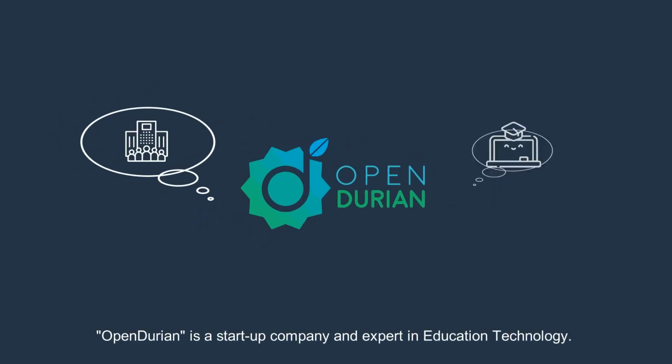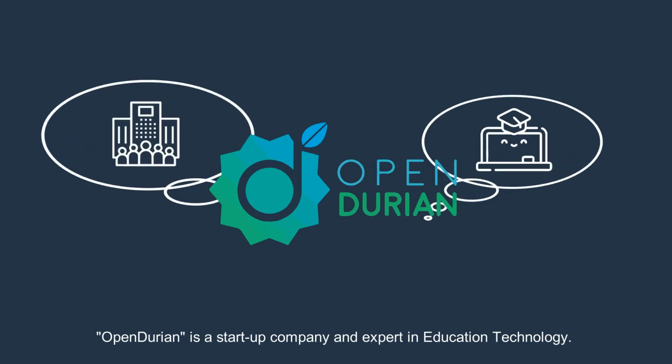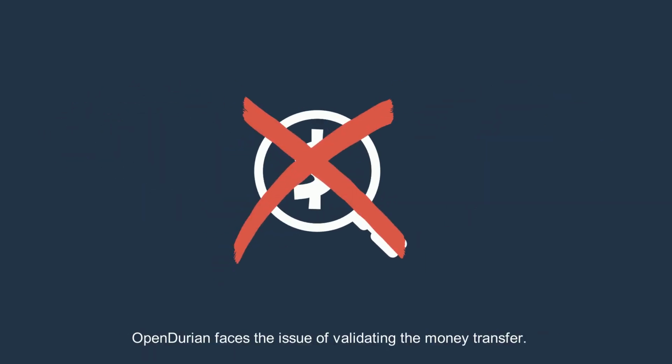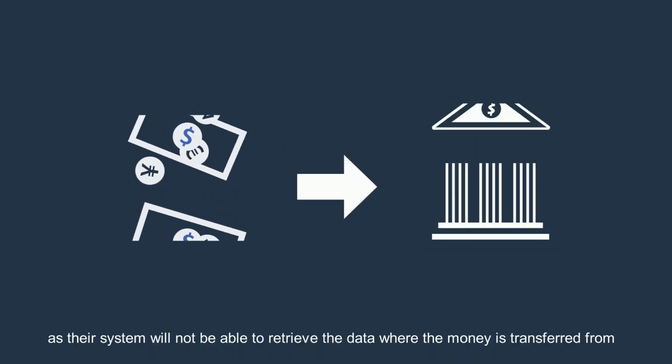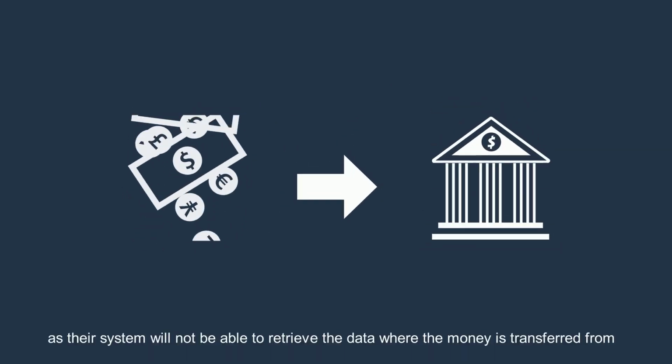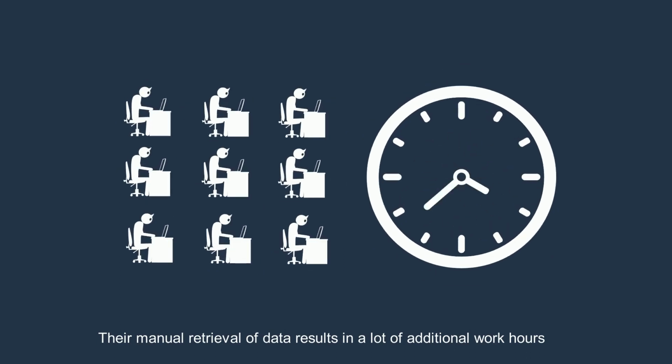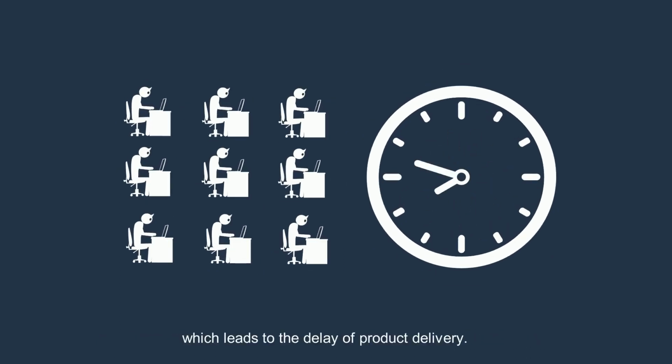OpenDurian is a startup company and expert in education technology. OpenDurian faces the issue of validating the money transfer, as their system will not be able to retrieve the data where the money is transferred from. Their manual retrieval of data results in a lot of additional work hours, which leads to the delay of product